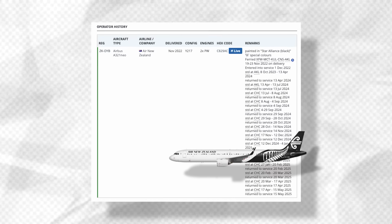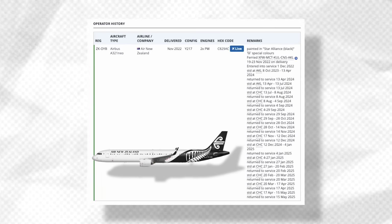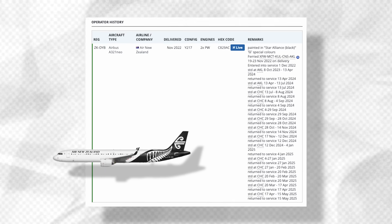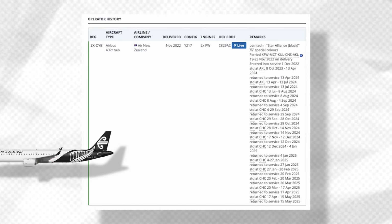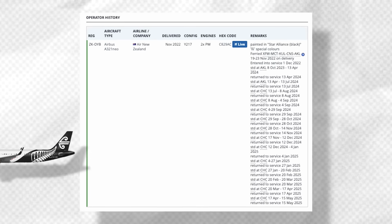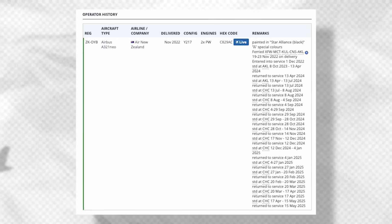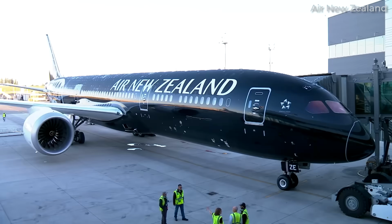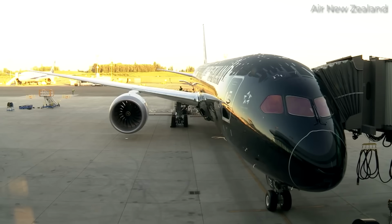At present, 5 of Air New Zealand's 14 A321neos are parked, meaning that its gains in new airframes haven't really been gains in capacity. Instead, the new deliveries are simply helping the airline to maintain its operations as other aircraft stay on the ground. While Air New Zealand hasn't taken delivery of any new Dreamliners since our last fleet video,